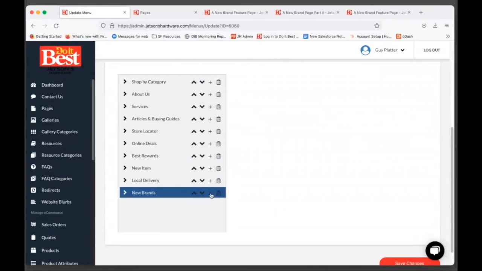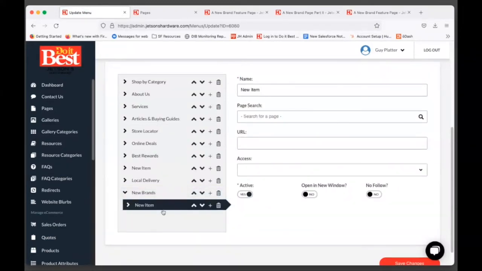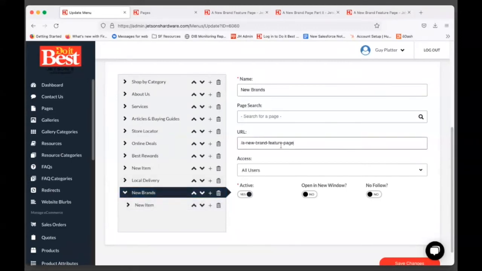So if you click, you'll notice right away when we do that, that there's a new item indented underneath it. What we're going to do in that new brands one that we just made, I'm going to click back in there. I'm going to steal this page because I don't want it in there. I want it in the items underneath the title. So I'm going to steal that page file name